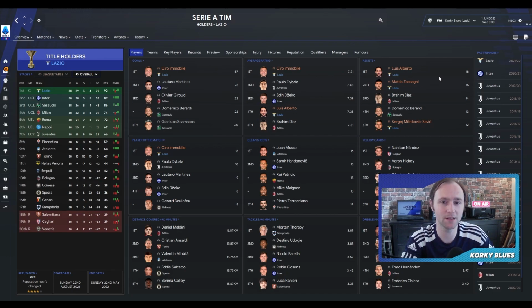And as we can see from the assists, with 3 players in the top 5 assists. Ciro Immobile, unsurprisingly, most man of the matches as well. And we can see down the bottom here, Manuel Lazzari with the 2nd most dribbles per 90 minutes in the league. So that's how we've done in the league this year. We'll have a quick look now